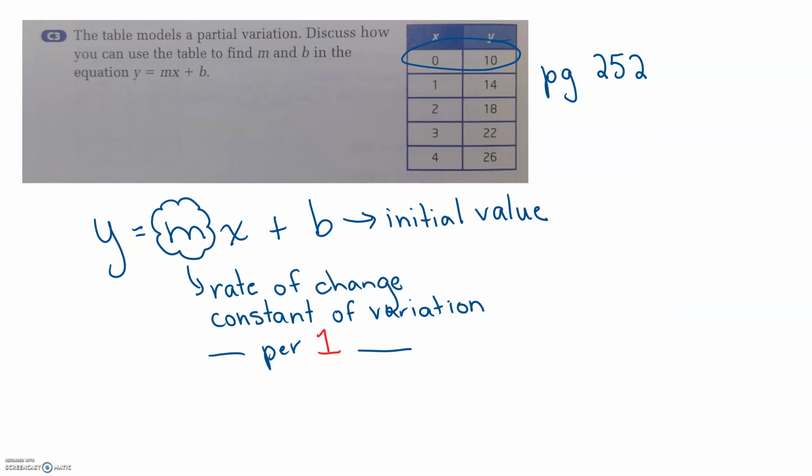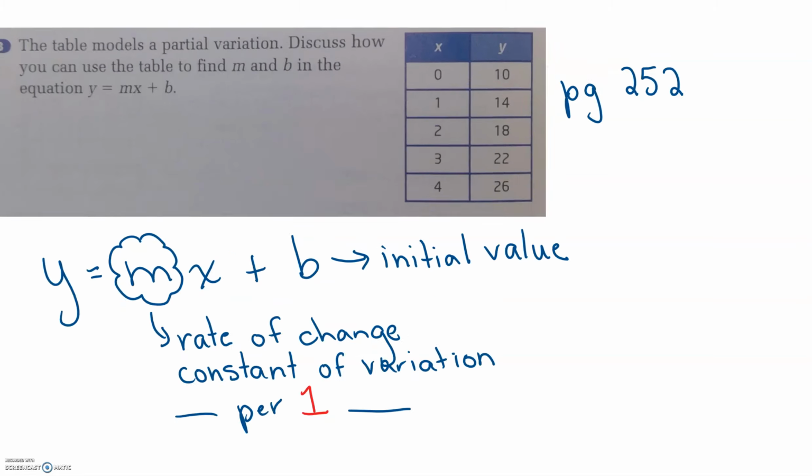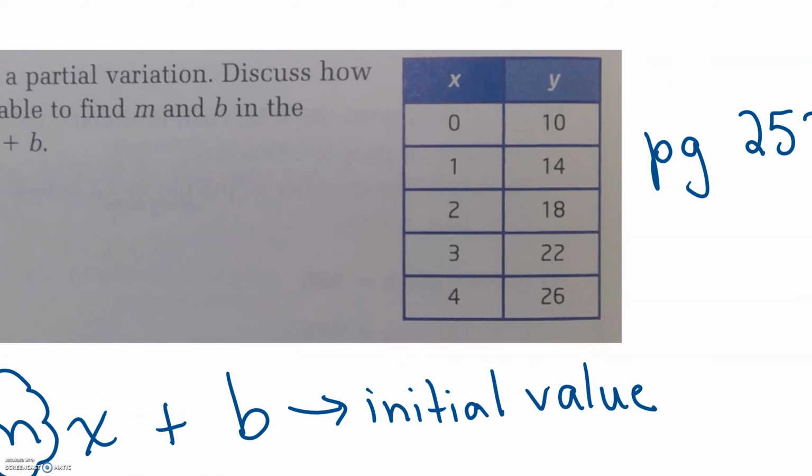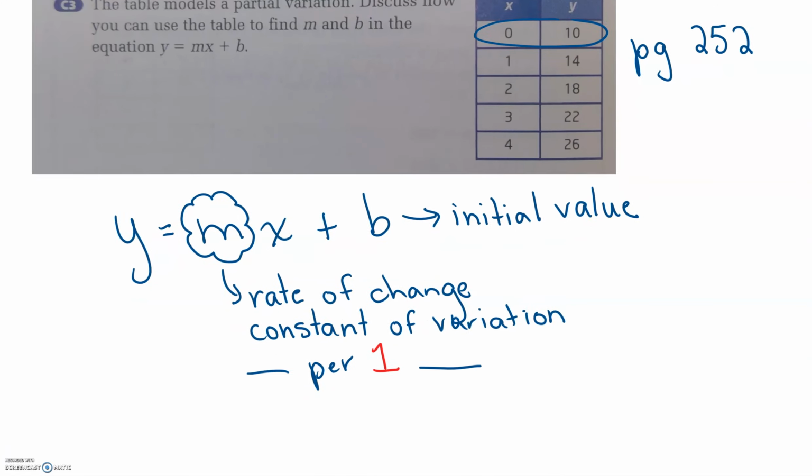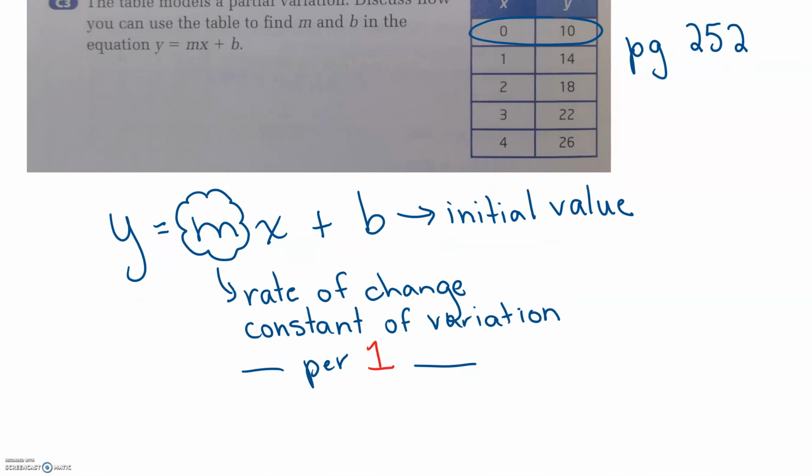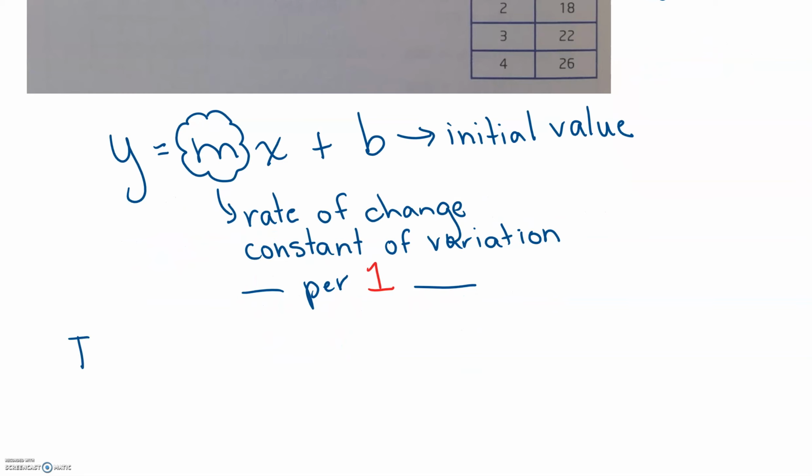So now that you hopefully understand what I just said, we need to find what m and b is according to the table. So if we have this table, to find the initial value, to find where the graph or the table starts, you have to make sure that you go to x equals 0. So this table, when x equals 0, starts at y equals 10. So let's write that down. The initial value is 10